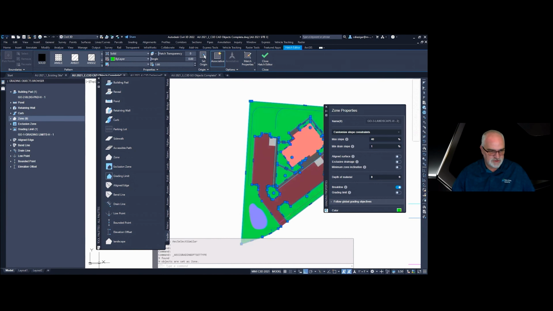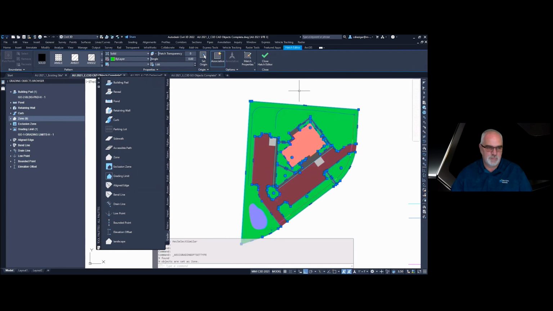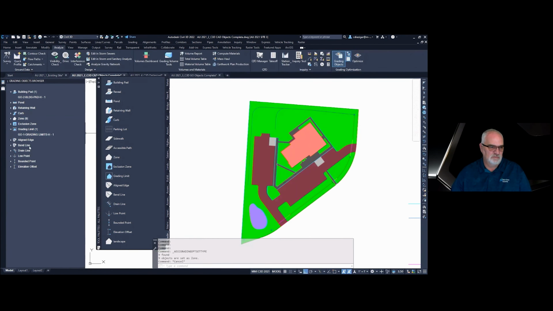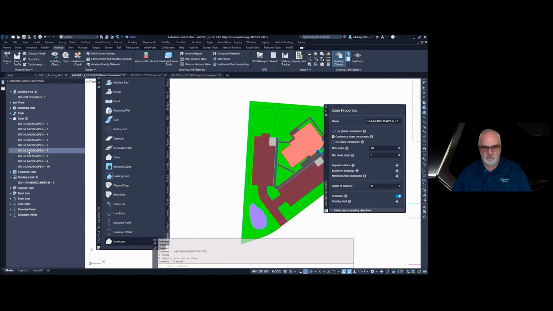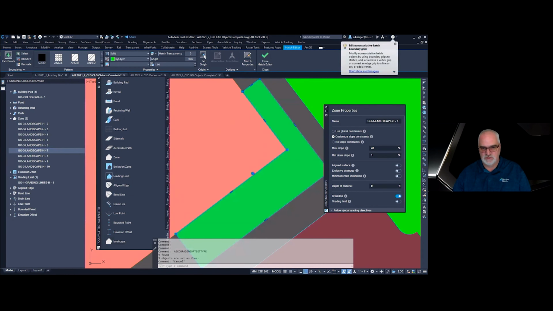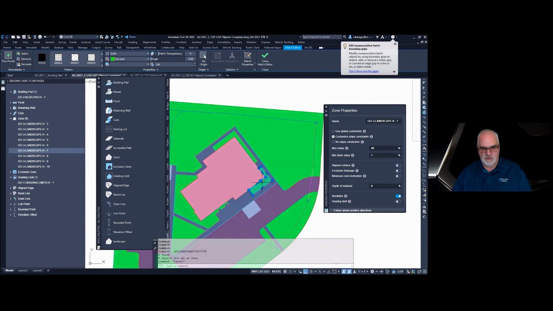So you can save your municipality standards, things like that, your typicals on a tool palette, so that you're not having to remember what to do with them each time. So just one more way to save a little time. And now if you look under zone, you're going to see all of those were put in there. If I want to see where that one is, select it, zoom to, and there it is. It's that little L-shaped landscape.